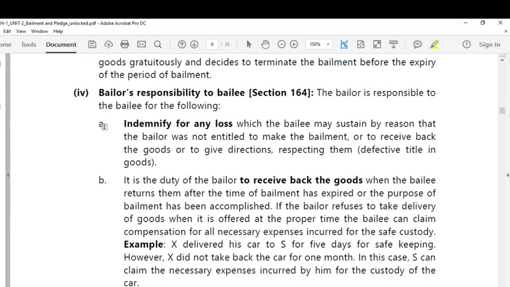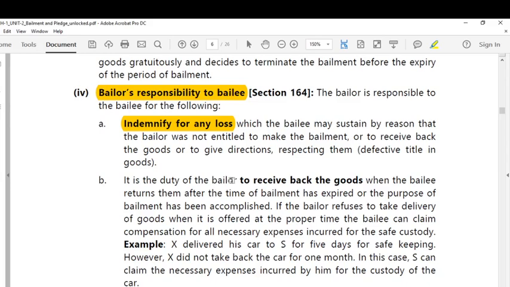And the fourth duty of a bailor is the bailor's responsibility to the bailee. The bailor is responsible to the bailee for the following: indemnify for any loss which the bailee may sustain by reason that the bailor was not entitled to make the bailment, or to receive back the goods, or to give directions